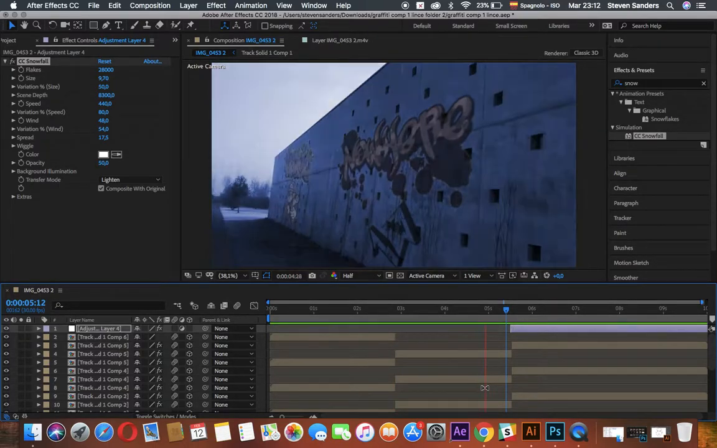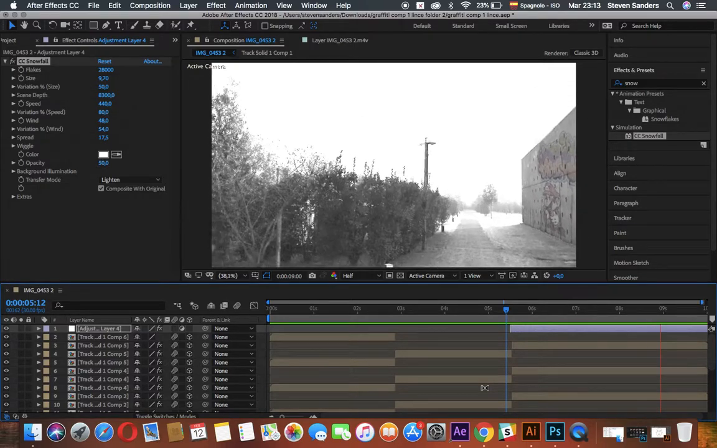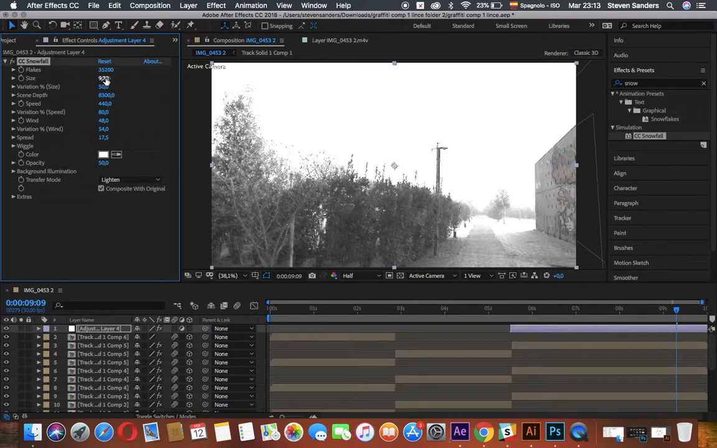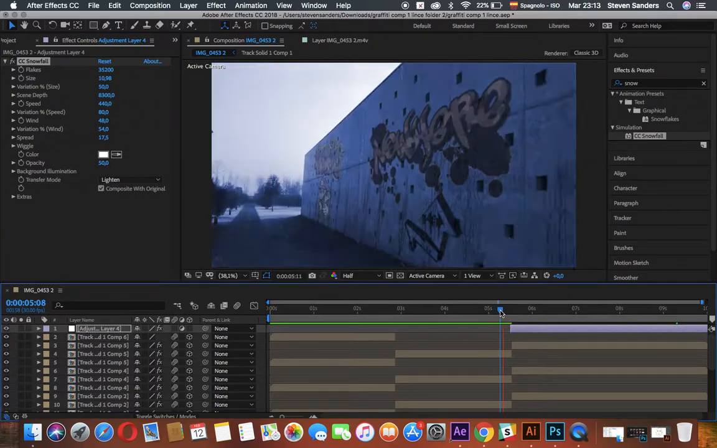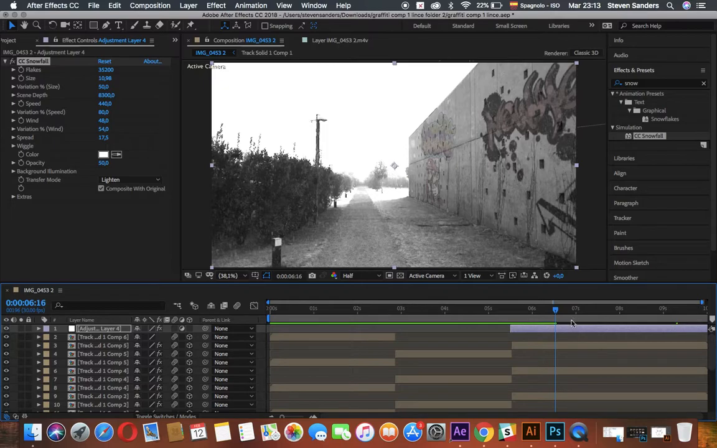So we've got our rain, our lightning, and our snow. Yeah, that looks fine. Okay, you can even make the snow bigger and more dense if you want. Yeah, that looks great. Okay, so last thing I'm going to do,